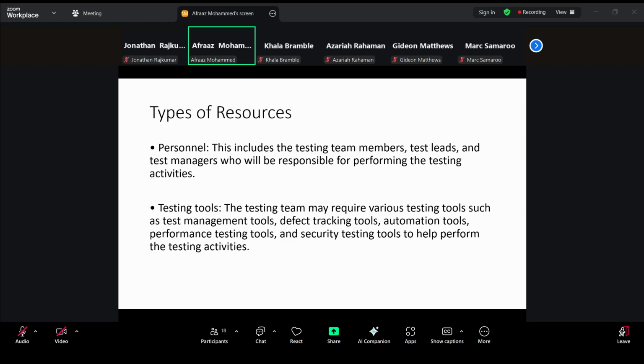Okay, right. So we talk about personnel, right? And any personnel, they will have different roles, right? So you might have a testing team member, you might have a test leader, and then the manager, right? Different roles for them. Different tools. So there are tools for test management. There's defect tracking, and what that has to do is any defects or issues, you could track the